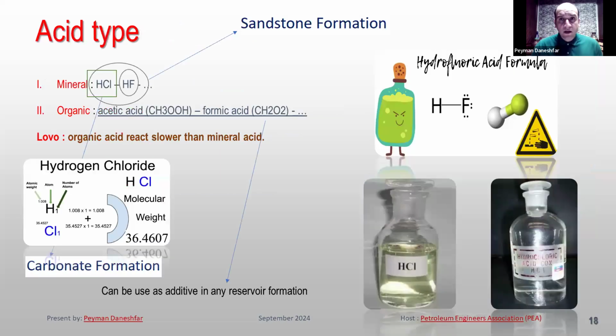In acidizing, normally we have two types of acid. One of them is mineral and the other is organic. Mineral acids are what we use nowadays, HCl or hydrochloric, and HF or hydrofluoric acid. Hydrofluoric acid is good for sandstone formations, but when we want to do jobs in a sandstone formation, we should consider the